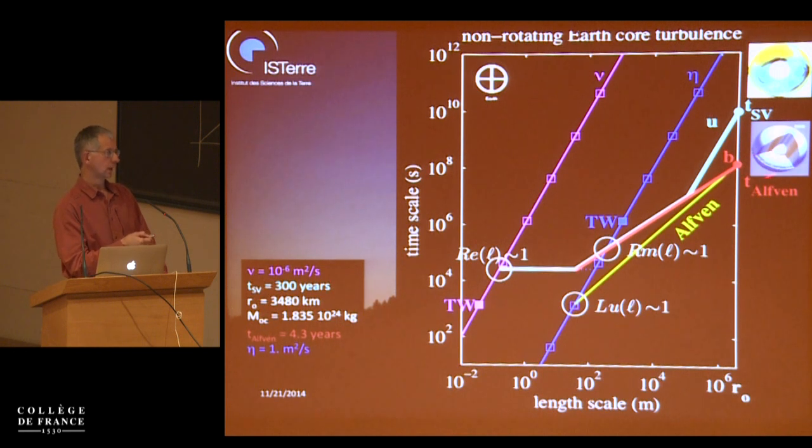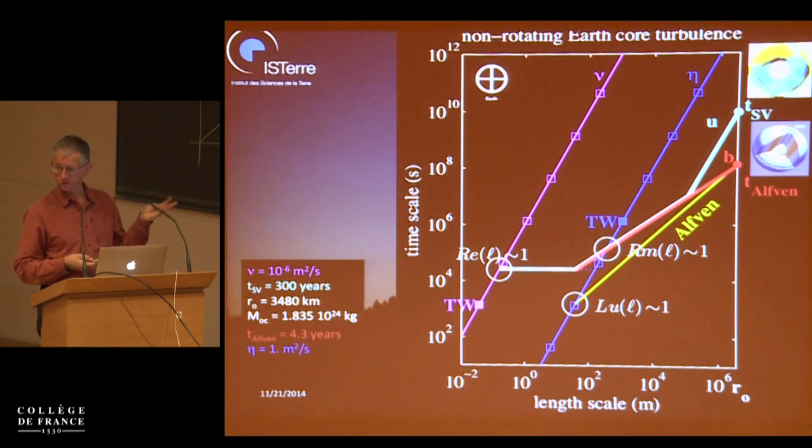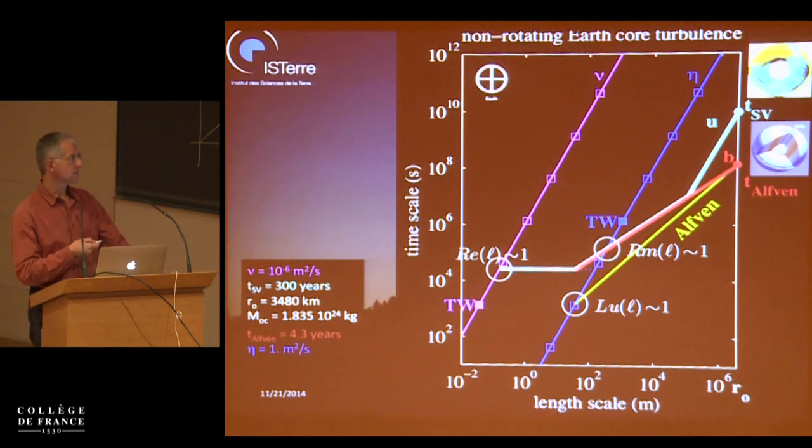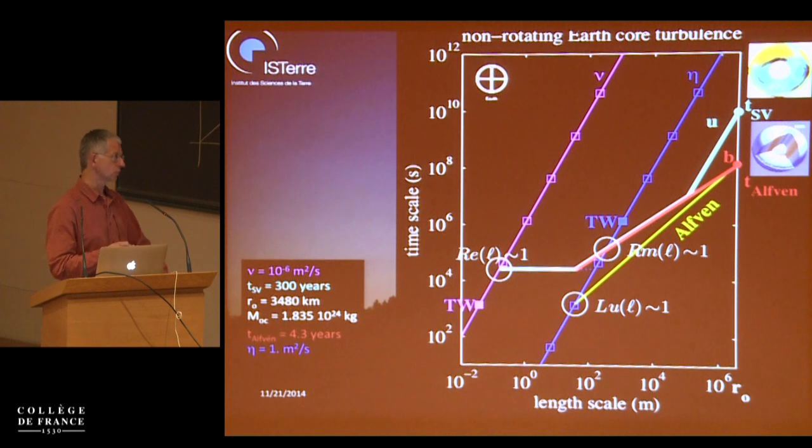One, I've translated this intensity of the magnetic field into the timescale of these Alfvén waves, which can then propagate. And we have that timescale of about 4 to 5 years or so. There is a big difference between these two timescales, the one for velocity, the one for magnetic field, which is just a translation of the fact that in the Earth, the magnetic energy at large scale is about 4 orders of magnitude larger than the kinetic energy at large scale, which is something that we do not reproduce in numerical models so far. And if we believe in this MHD turbulence scenario, one thing it predicts is that these Alfvén waves are in equipartition. You get as much kinetic energy as magnetic energy.